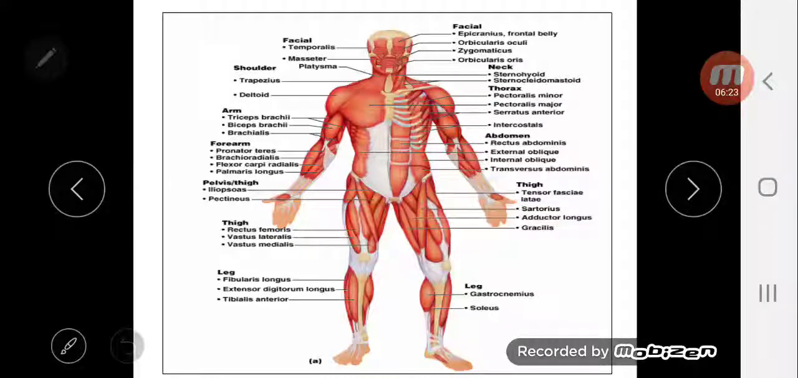Here we have the muscles of the human being. In the face, we have epicranius and frontal belly, orbicularis oculi, zygomaticus, orbicularis oris. In the neck, we have sternocleidomastoid and sternohyoid. In the thorax, we have pectoralis minor, pectoralis major, and serratus anterior. Intercostalis,